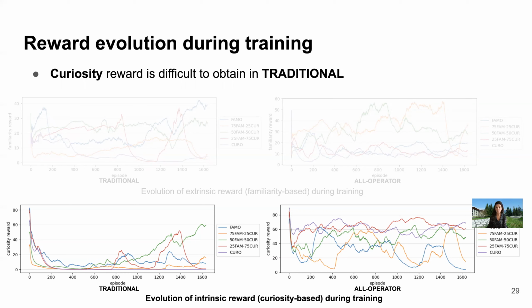While if I use all operators, bottom right, I can see that all policies have a higher curiosity reward, right? So what this is telling me is that the set of operators I'm using, or the library of operators I'm making available to my agent, is going to affect my ability to basically jump between different data regions in the